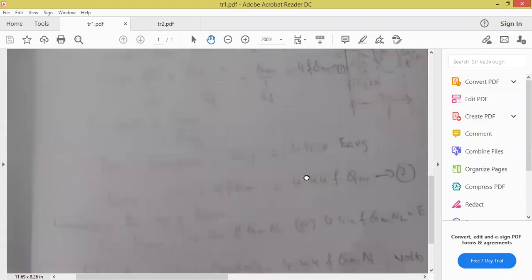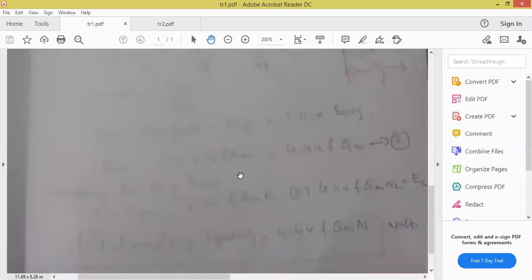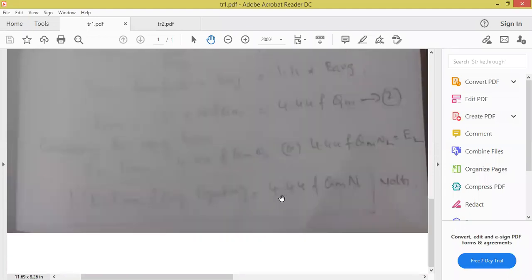And when we are explaining the electric energy, which factor do we have to use? Form factor. ERMS equal to form factor into E average. Form factor is always 1.11. There is no proof for us, no need to worry at all. 1.11 you are supposed to remember. So ERMS, or the transformer voltage, is how much now? 4.44 into F into phi m into N. Okay, so now with this, we move to the problems based on the transformer.